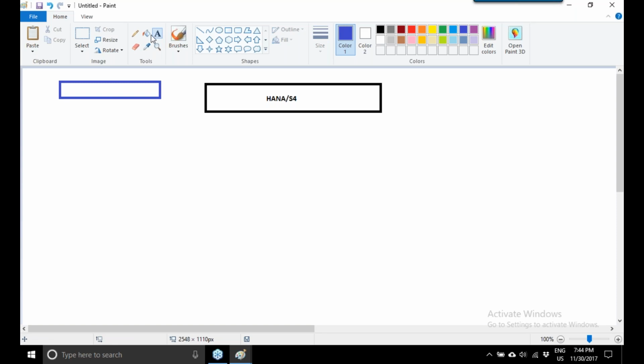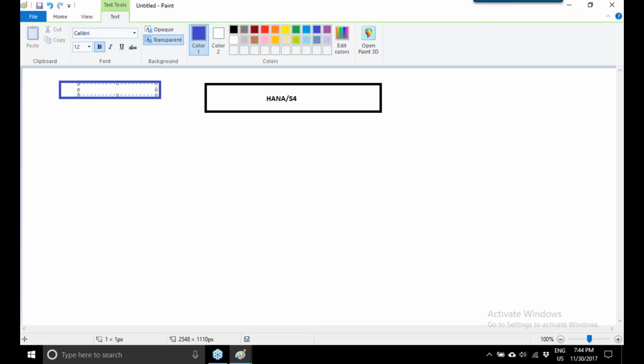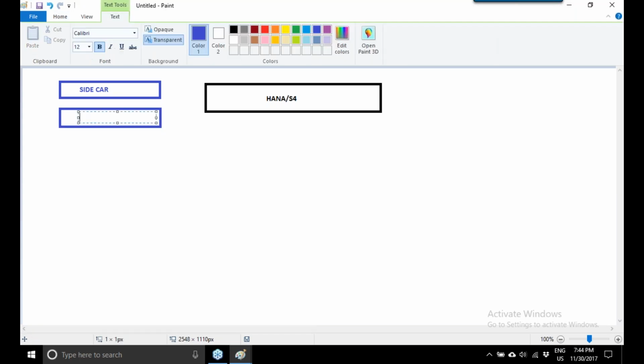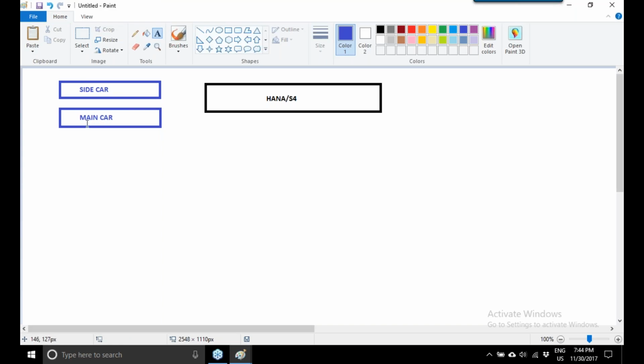One scenario is known as the sidecar scenario, and the other is known as the main car scenario. What is the difference between a sidecar scenario and a main car scenario?